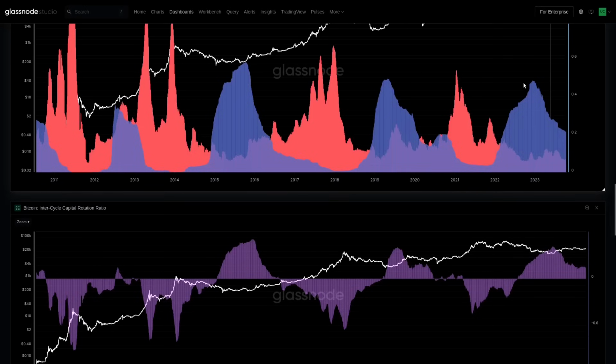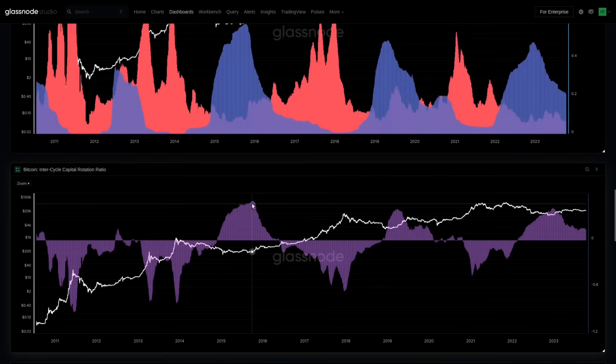Now, you can see here that we get basically their local maxima, local minima. They essentially move inversely to each other. And what we're going to do is just take the difference between the two and actually look at when we have peak hodler, and in the purple ratio we've got down the bottom here, that's going to be high positive values. And when we have peak speculator, large negative values. So you can basically plot out and map out the overall capital rotation through the Bitcoin network as it plays out using these tools.